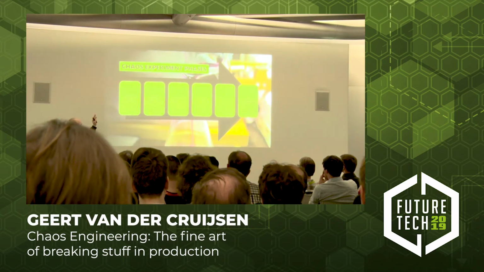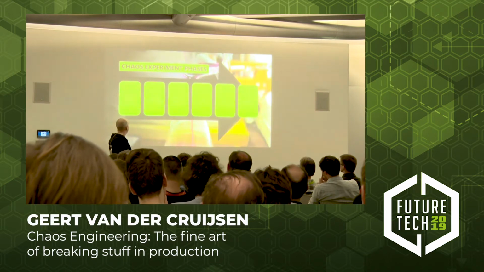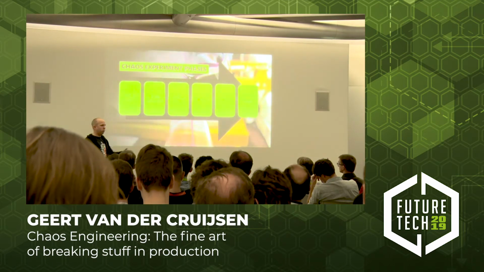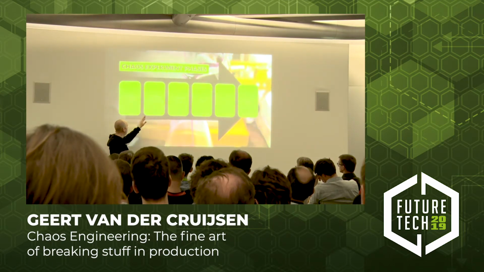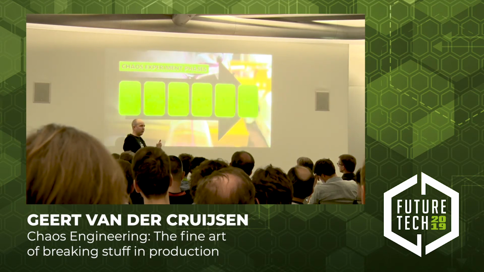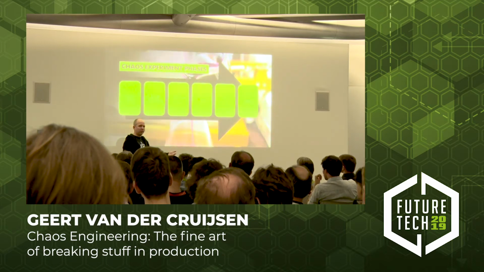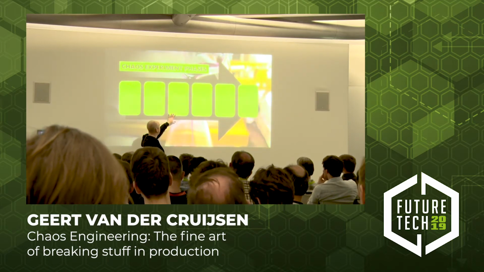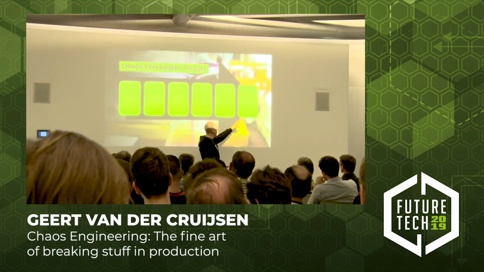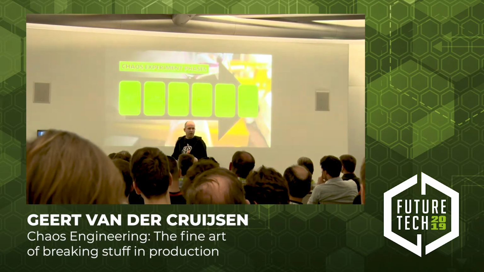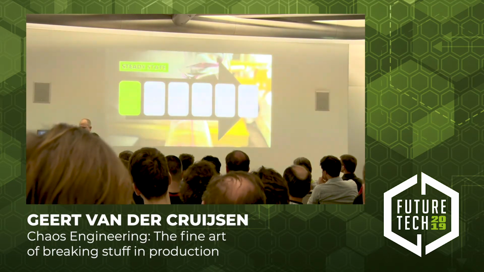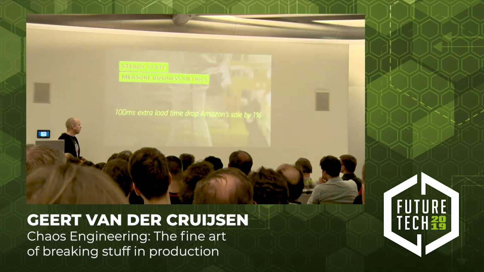A certain experiment has several phases. We always start with a steady state, an application that's running like normal. Then we define a hypothesis about what could go wrong and what we should be able to withstand. Then we design and execute an experiment around it. We learn from it, we fix it, and in the end, embed it in our organization so that we keep doing these kinds of things. First off, steady state.